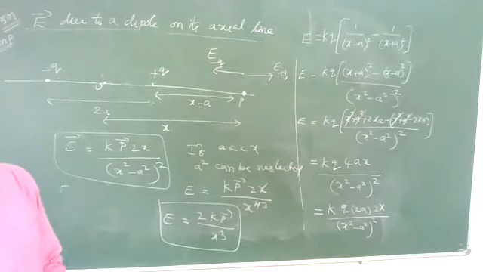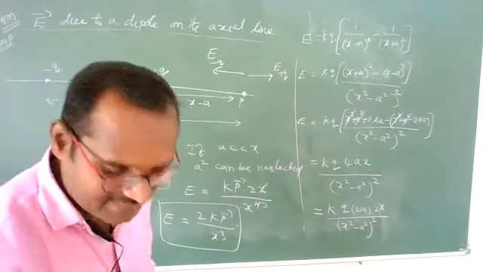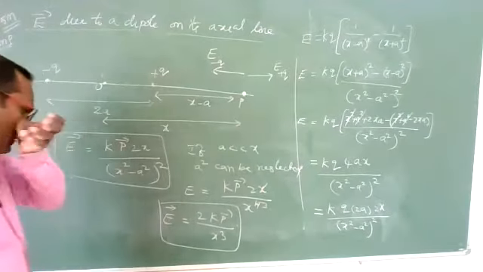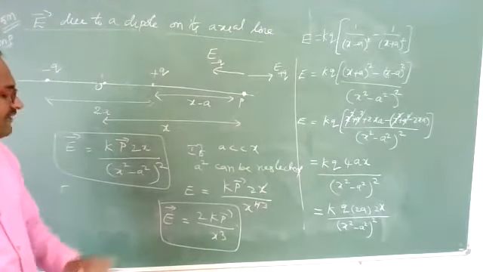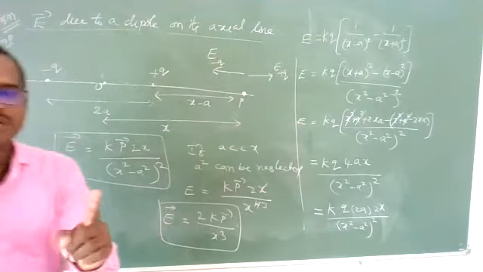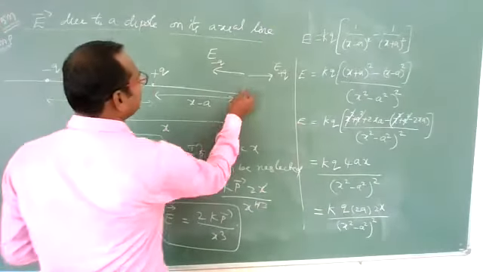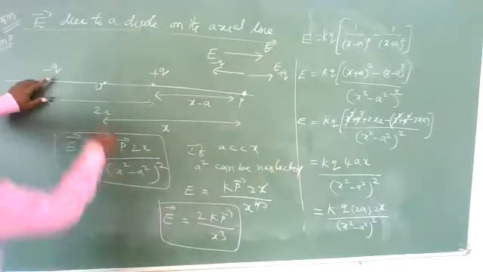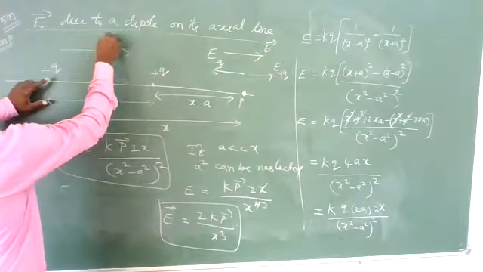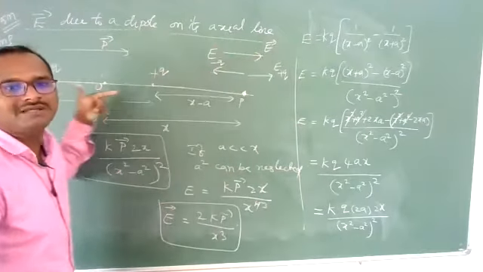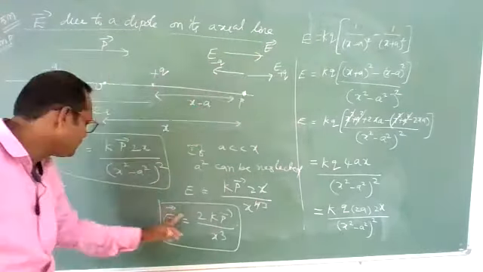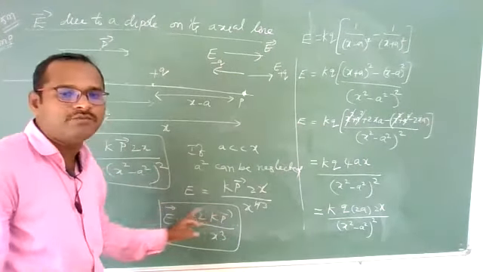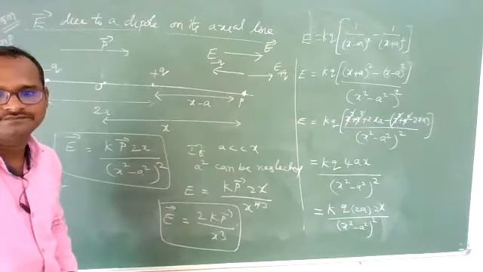Lalit Kumar is asking why bar, sir? See, electric dipole moment is a vector quantity, no? So that's why bar. And electric field is also a vector quantity. Now see, net electric field is in which direction? In the direction of the positive charge. So at this point, net electric field is in this direction, and the dipole moment is also in this direction. So both are in the same direction along the axial line. So here we didn't get any negative, we will get positive. Means electric field and electric dipole moment are both in the same direction.